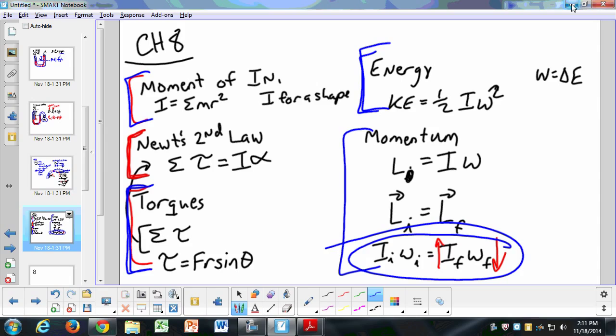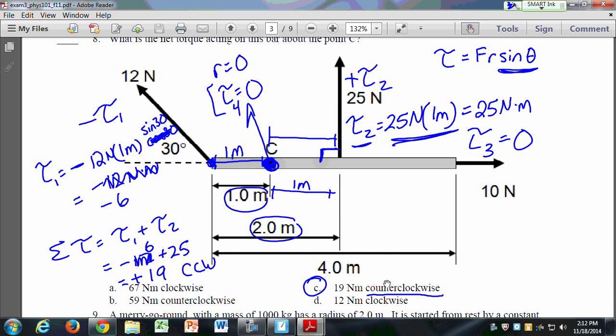So that's like the figure skater. Figure skater puts her arms out, that increases her moment of inertia, which decreases her speed. And when she pulls her arms in, she's bringing more of that mass to small radii, which decreases her moment of inertia and increases her speed. She speeds up in her spin. All right. As I said in class today as well,